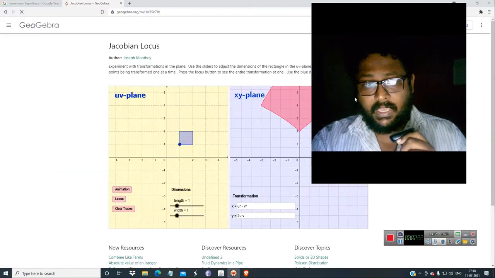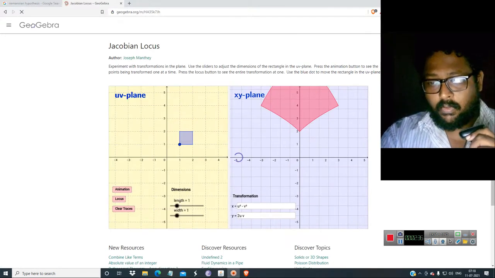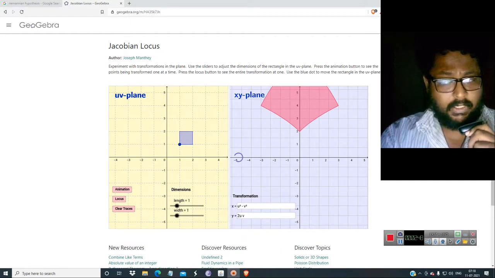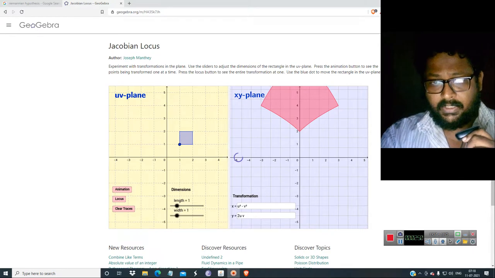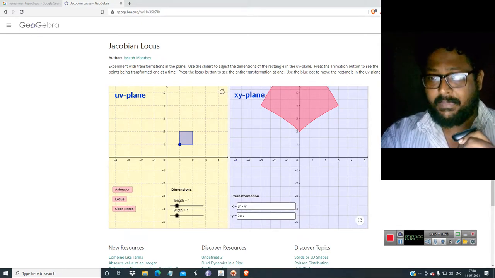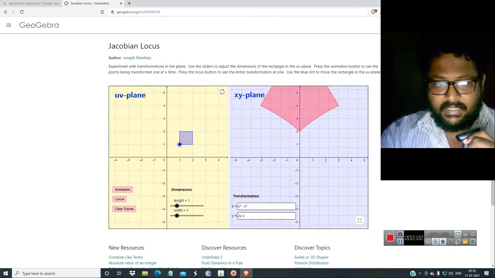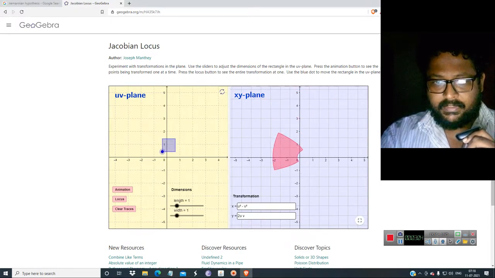On the Jacobian I have made a lot of videos; I think I don't have to redo it. Now how is this Jacobian plotted? For x you assume the value u squared minus v squared, and for y, 2uv. The Jacobian has no connection with conformal mapping, or it may have connections but at an advanced level, not in this sense. So now I am just shifting this over here, and it is moving all over.